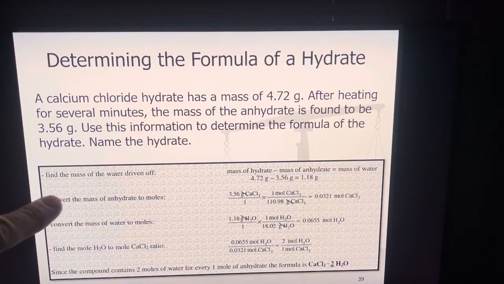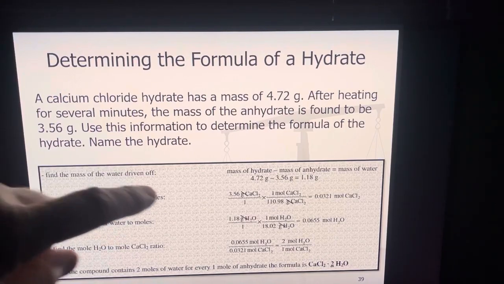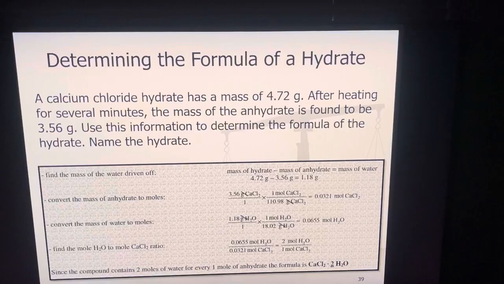So here are the steps. Step 1: find the mass of the water driven off. You simply subtract, and it's 1.18 grams of water. All right, step 2: then you convert the mass of the anhydrate, the leftover, to moles. So you take 3.56 grams, and you multiply it by your